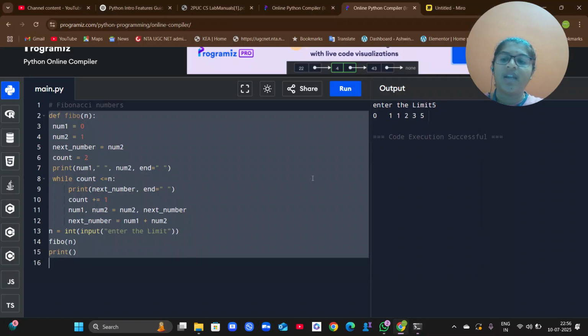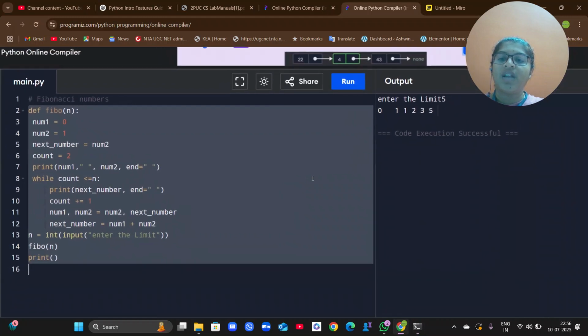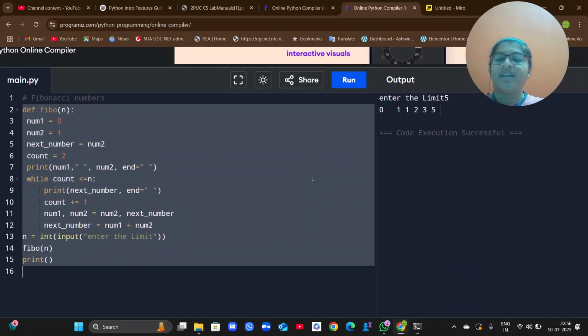So this is an online website where the colors are different and it is easy to explain here. That is why I have taken it, and simultaneously I got the output here. That is why I showed you all in the online compiler, but you are going to do it in your Python software in your exam.